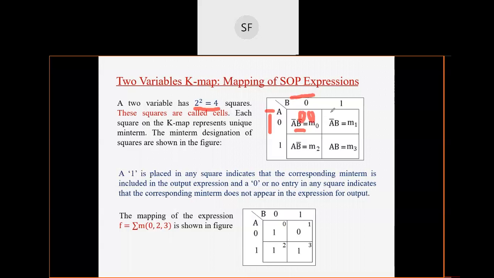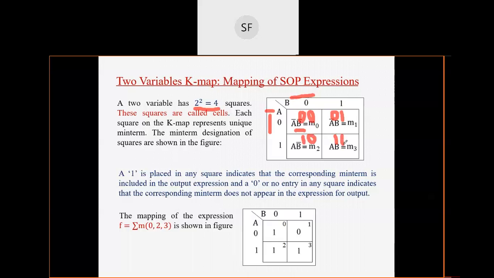0. Similarly this will be, and always remember that your A will be MSB, it is the most significant bit, that is A आपको सबसे पहले लिखना है, B पहले मत लिख लेना. Always remember that A you have to write first, so 0 0. अगेन इस सेल के लिए भी A 0 ही है, मगर आपका B अब 1 है, so 0 1. Then again in this cell the value of A is 1, value of B is 0, and again in this one also the value of A is 1 and B is 1.